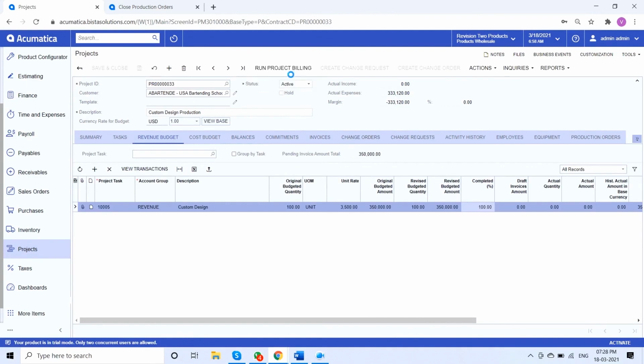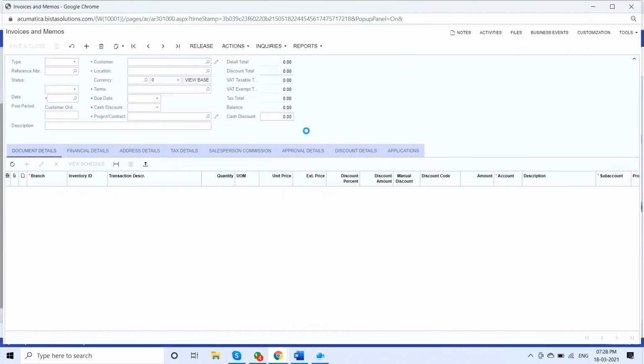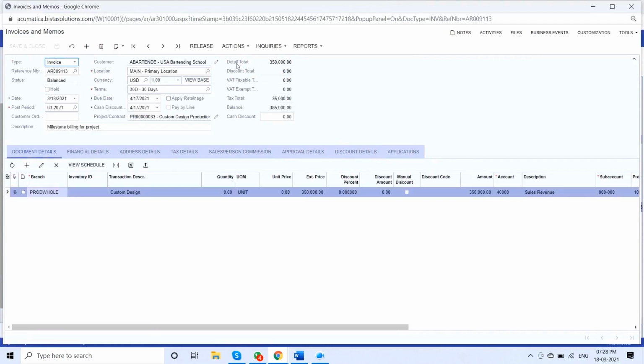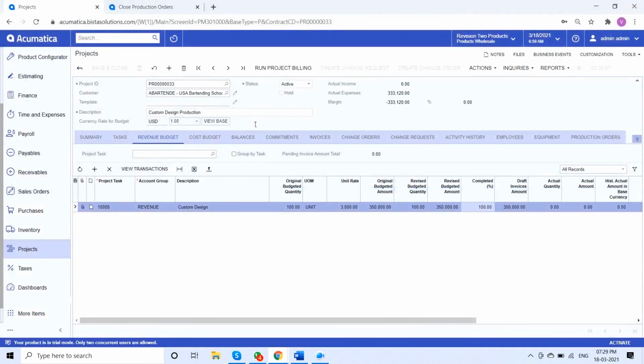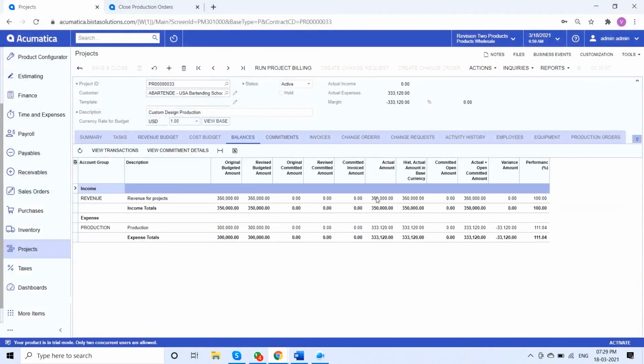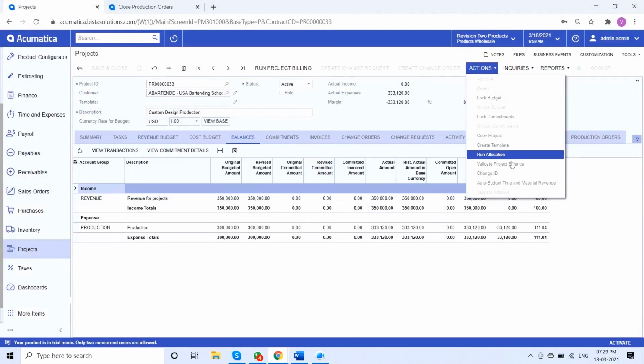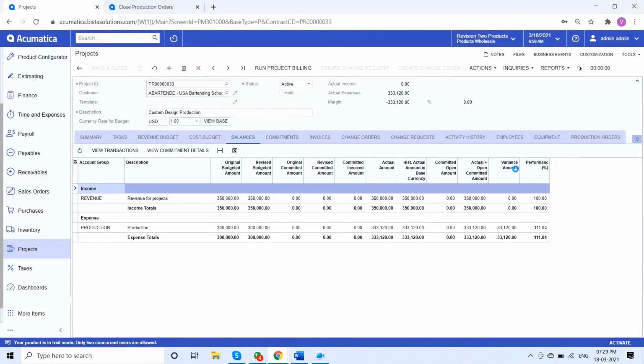I'll click on run project billing. Once I click on run project billing, the system has automatically created an AR invoice to my customer. I simply have to release, and let's see how it affected my project. So now the actual center revenue budget is also updated, but at the header, actual income is not updated. So let's validate the actual. Now my actual income is 350,000 and my actual expenses